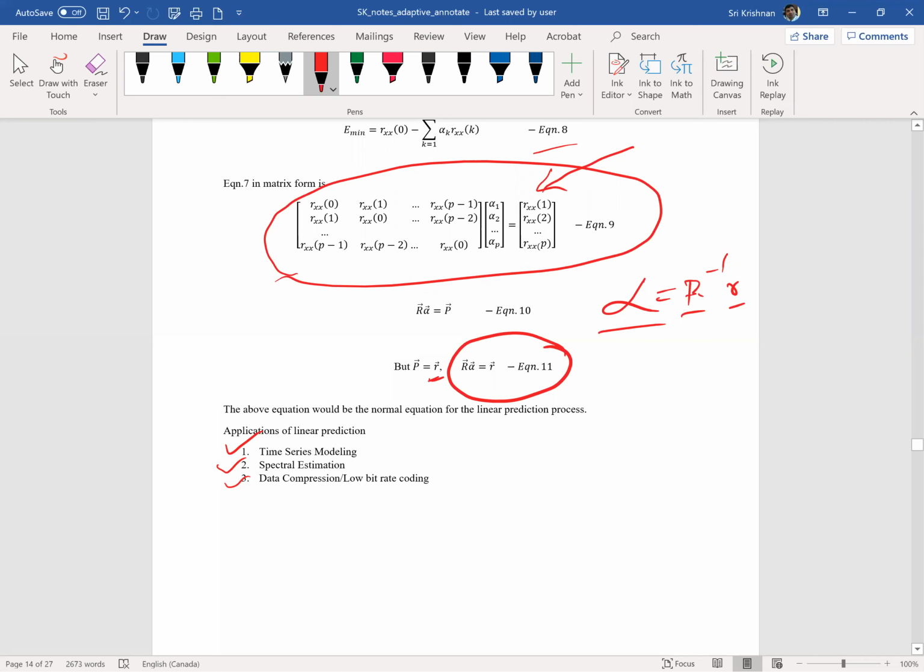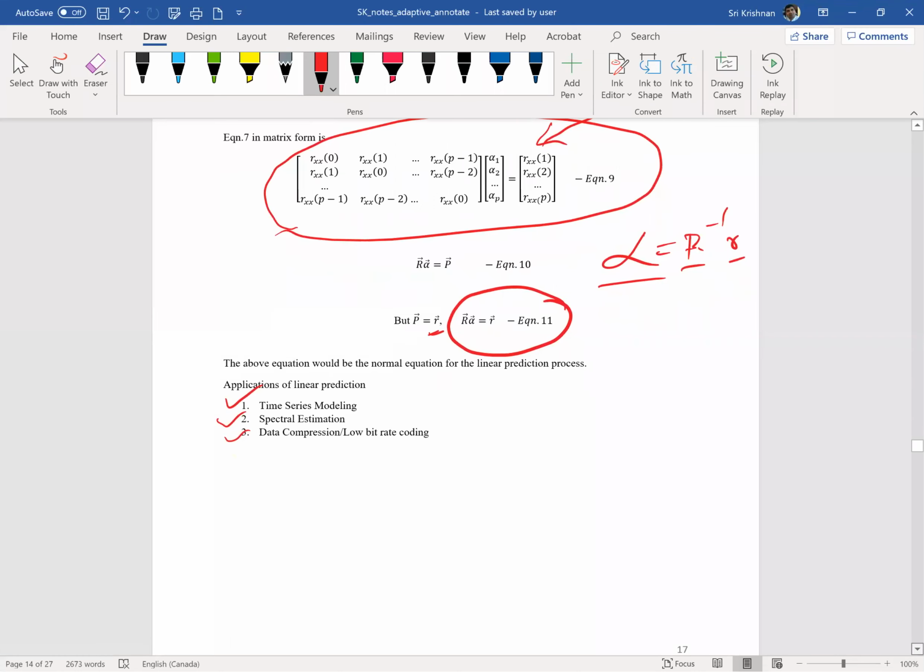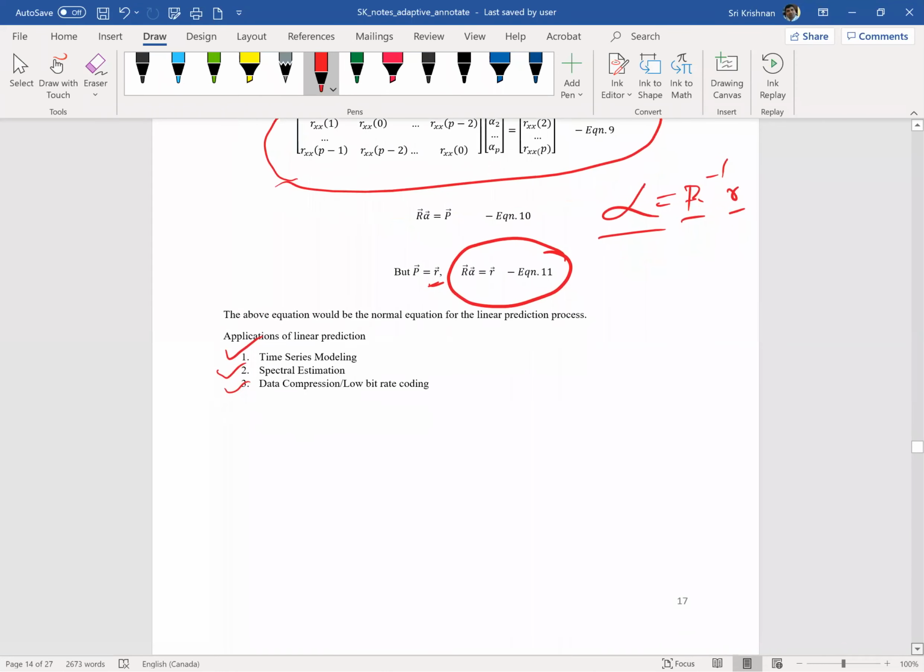Now the filter, which has been turned into a predictor, has all these applications. This is where we are starting to connect the dots of the various things we have seen in the course, on how the filter will start to become like a model parameter or a feature, and how this feature could be used for pattern classification and machine learning applications. They're all getting interrelated with the special case of this predictor concept based on alphas. So there are these three important applications, and that's exactly what we're going to see for the remaining part of this module. In terms of time series modeling,